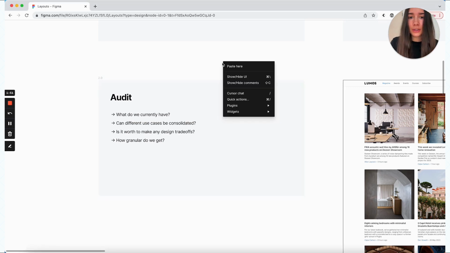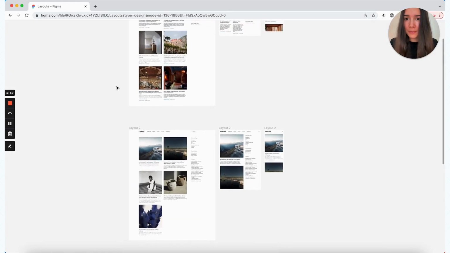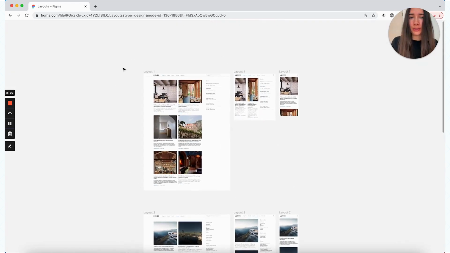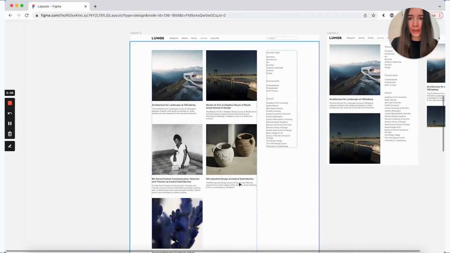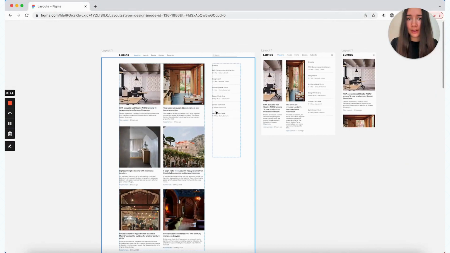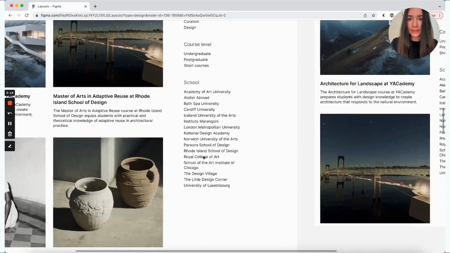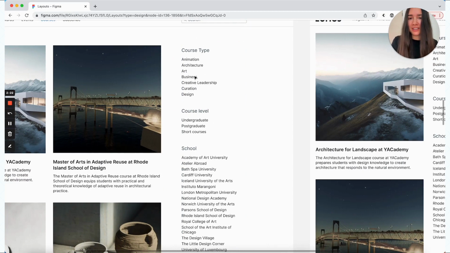So first, let's go back to this page that I had with my fake example, and we're just going to take a look at what we currently have here. So we have our articles feed view and we have our courses view. And we can tell that both the articles and the courses have a sidebar. There are different sidebars, but for a layout component, that doesn't really matter.